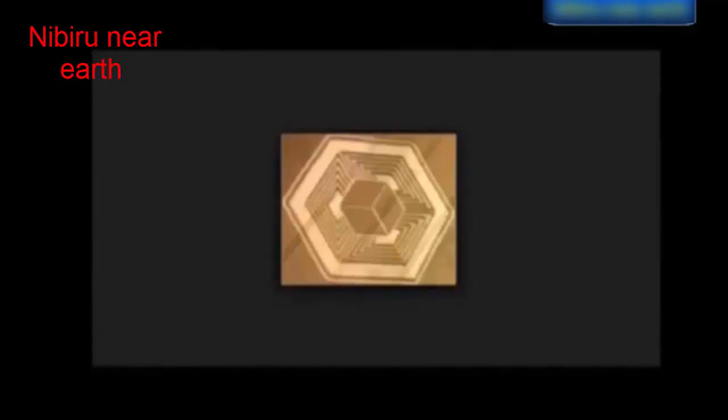Now we've seen it deviate off its vector that it was heading for the last 100 years. We're getting closer to an event happening on this planet. I really believe that. Whether these crop circles are to do with that in some way, I cannot 100% say. All I can say is that there are a lot of things that, if you're open-minded enough, you might think